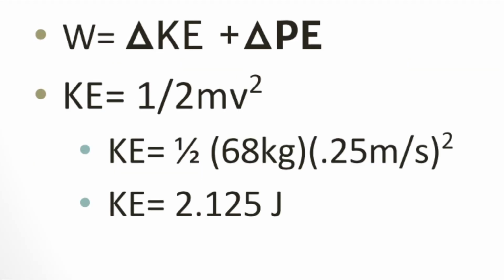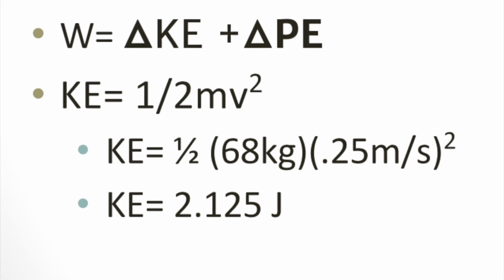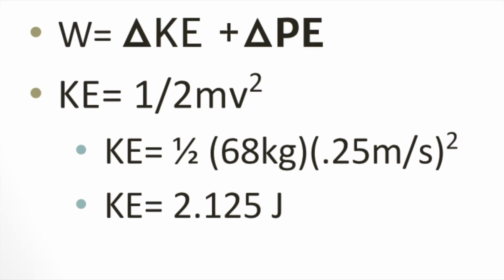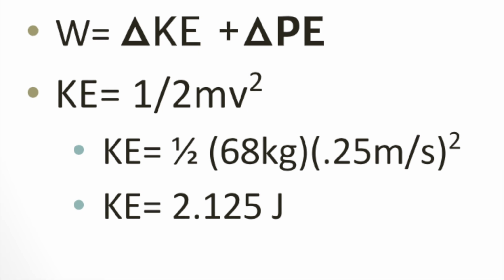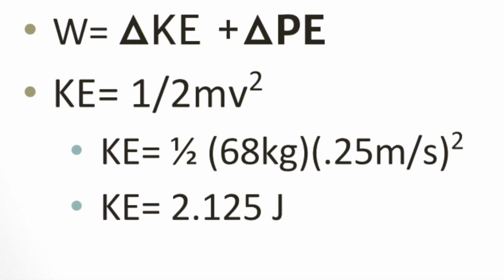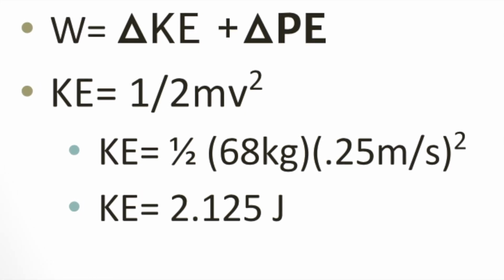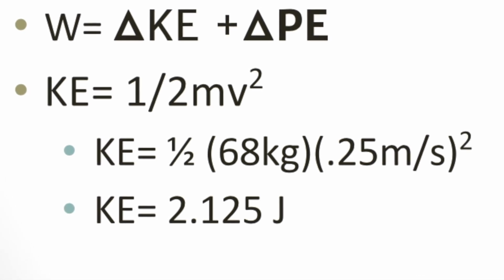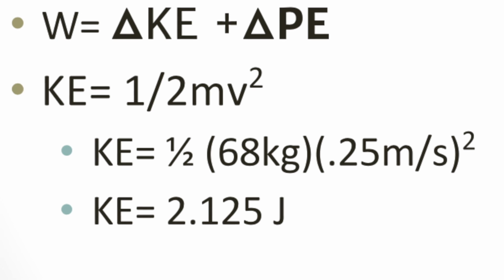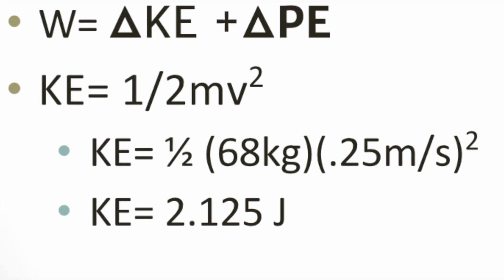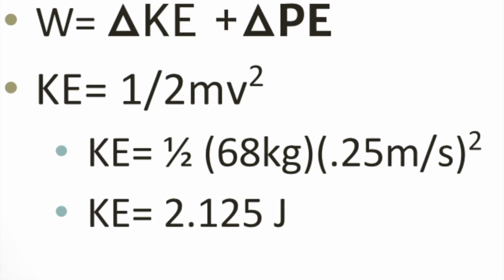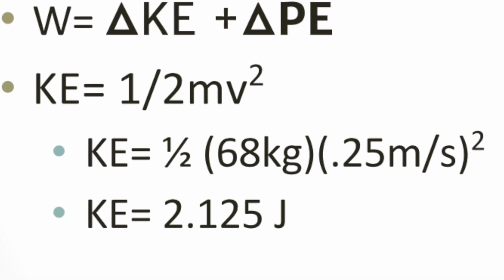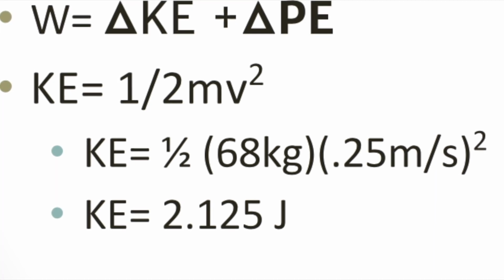As a measure of accuracy, we can also calculate work done through energy. So W equals change in kinetic energy plus change in potential energy. To find kinetic energy, we use KE equals 1/2 mass times velocity squared. So kinetic energy equals 1/2 times 68 kilograms times 0.25 meters per second squared. And this equals